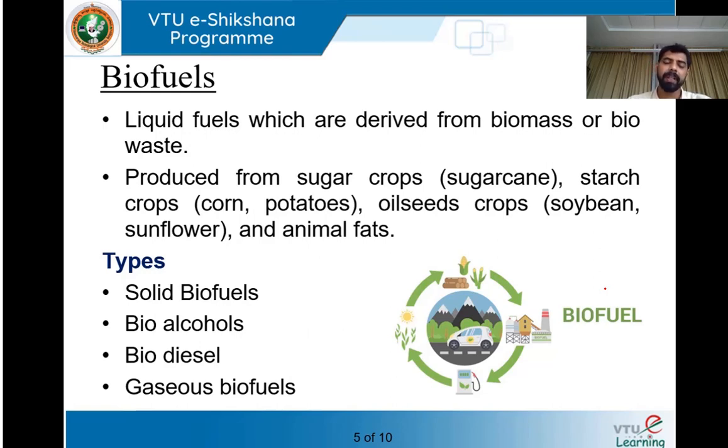The most important bioalcohols which we have been using at present are bioethanol, biomethanol, and biobutanol. Biobutanol is also known as biogasoline, and you can directly use this biogasoline because it is an immediate replacement for the gasoline which we have been using. But except this biobutanol,